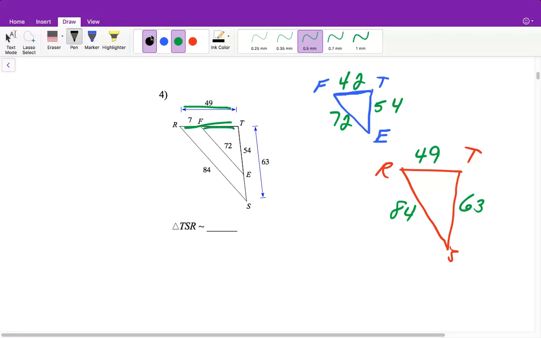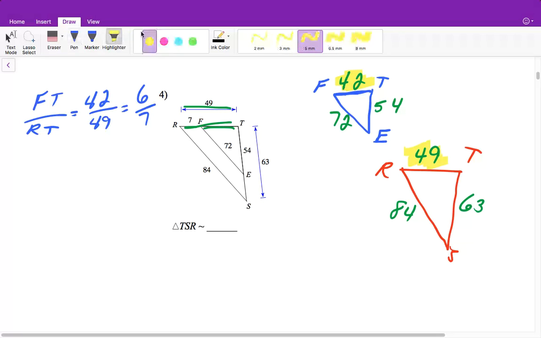Right, now we need to show, because they don't tell us anything about the angles. They don't say that these are parallel, so we can't go ahead and use anything about corresponding angles or anything like that. So we can only do the sides here. Now when I go to do this, this is the smallest side of this triangle. So if it's going to correspond to any of the sides in this triangle, it will also have to be the smallest side. So I can then create FT, my ratio, over RT. Well, then this is going to be equal to 42 over 49, which is going to reduce to